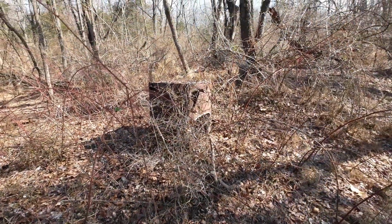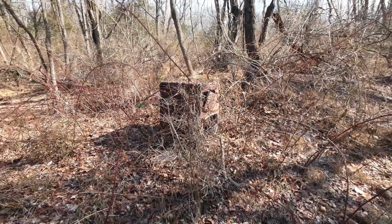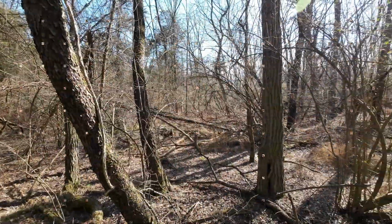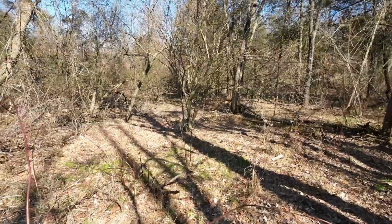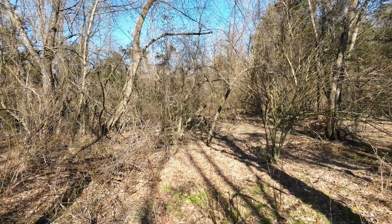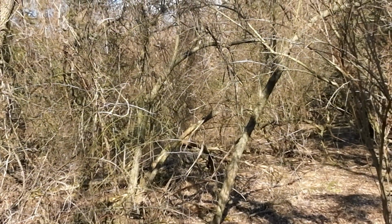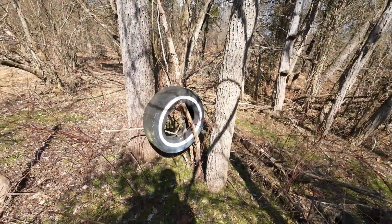Yes, you do find junk again walking around. This time this is what I believe is a dryer from the looks of it, that somebody tossed back here, and obviously has been here for a while because it is rusting away. This is really getting thick back here, but I don't know, looking back through there, I see what appears to be, and again, we're in the woods, and a tire should be right back through there. I don't know if you can see it on the camera or not, but yep, finding tires in the woods as always. There's a look at the tire that was stuck